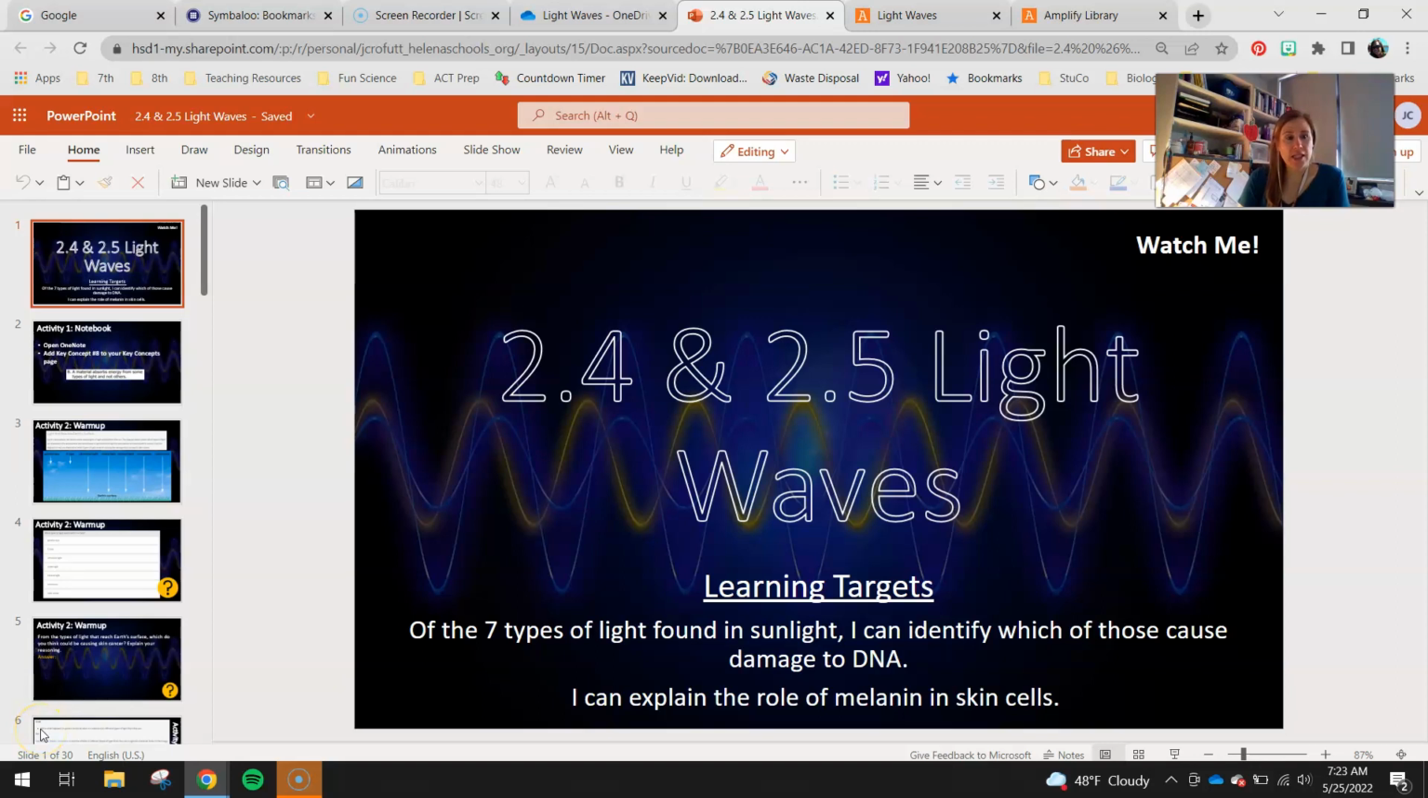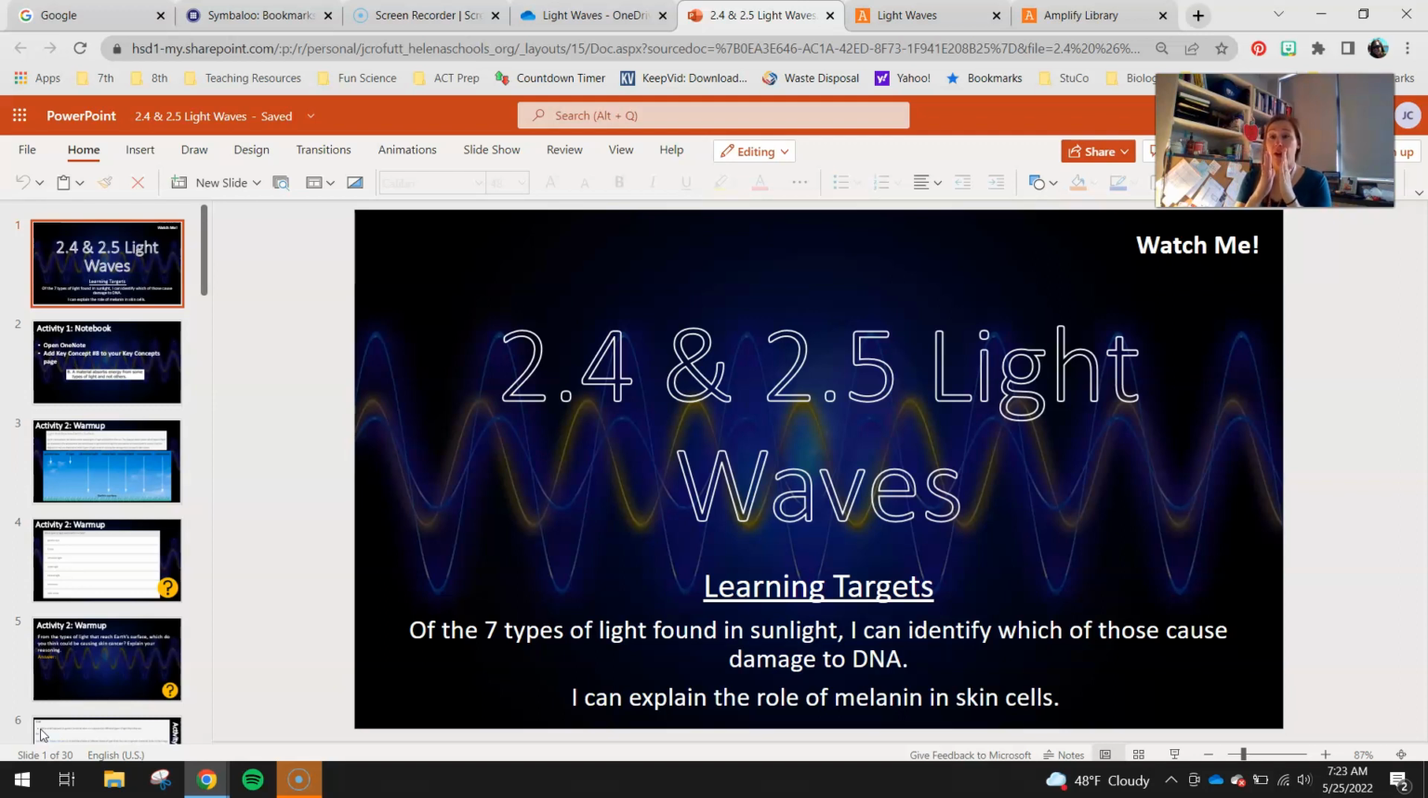Hey 8th graders, today's lesson is 2.4 and 2.5, light waves, and we've been talking a lot in this chapter 2 about different types of light and why we have different types. And in the last lesson we looked a lot at wavelength, and we kind of found out that those waves